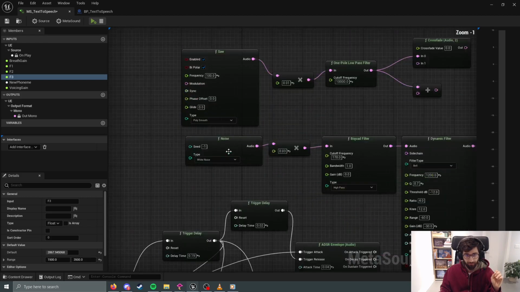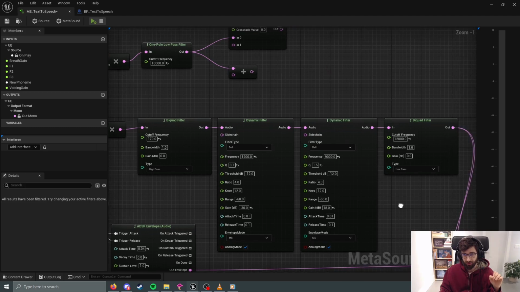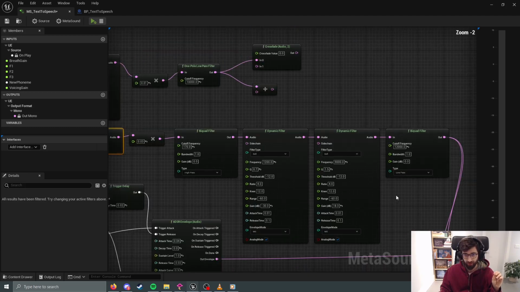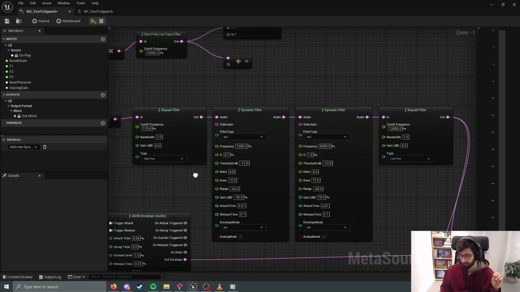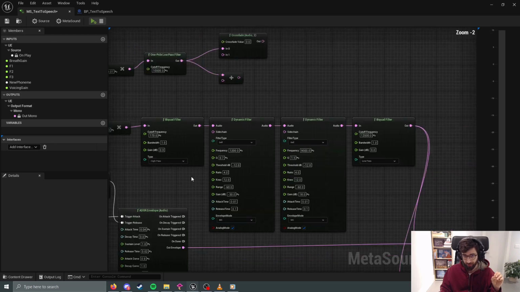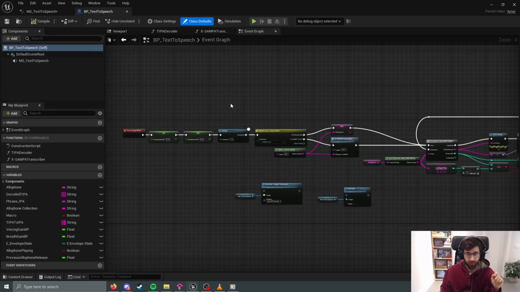The other part, I'm using white noise for the breath. And I just have a bunch of filters to make certain frequencies louder than others. But this is far from complete. I will get back to this later and talk about where I might be missing some things over here. In the blueprint,